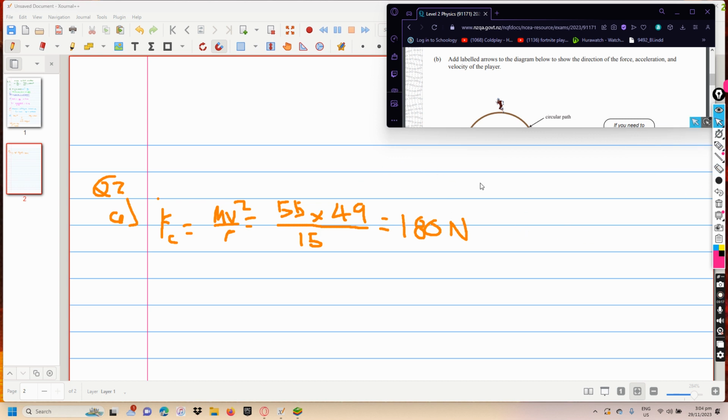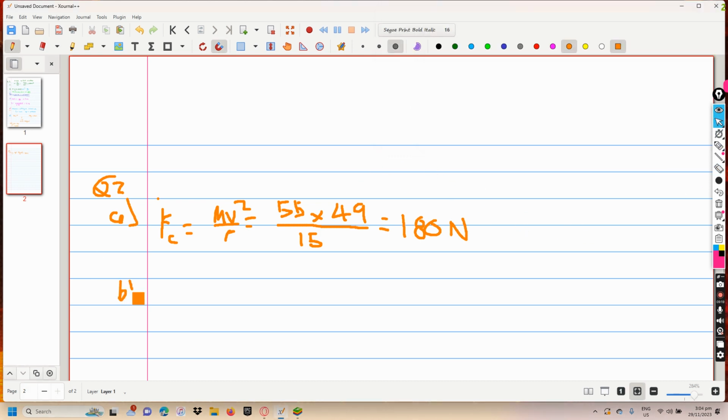Okay, question B. You got your track, and there's this guy running on the track. So he's going to have a velocity this way. Well, okay, don't get thrown off by the vector arrow. I won't bother. Velocity is going to be going this way. The acceleration and the force